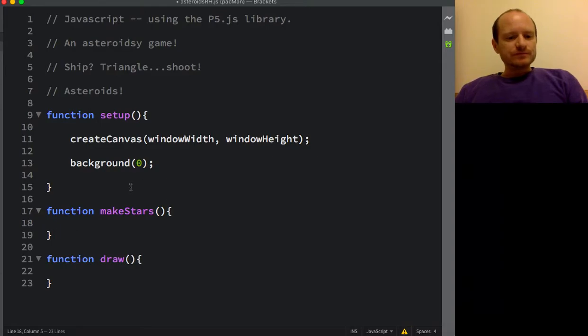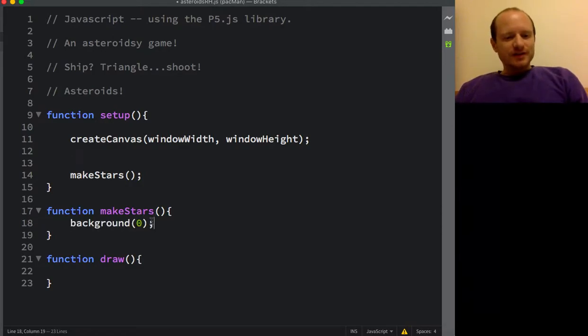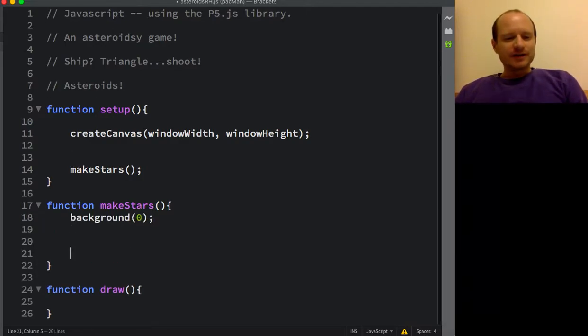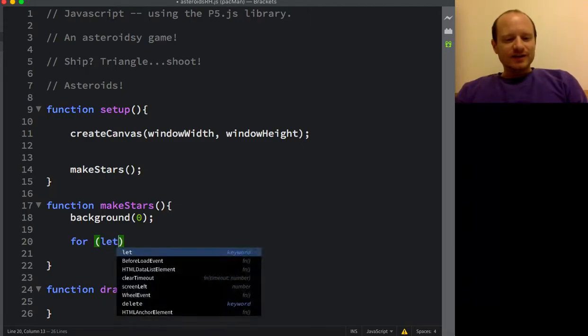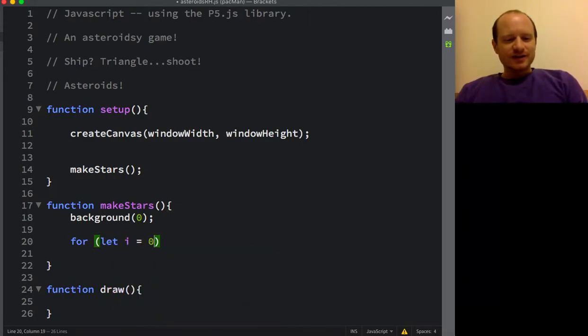Lovely. And we want to call that in our setup. makeStars, and maybe we'll include this in here. Right, plop that in there. So we've got a black background, and then a for loop. How many stars do we need? Let's try while i is less than 99 stars. Let's try, and then what we're going to do here is